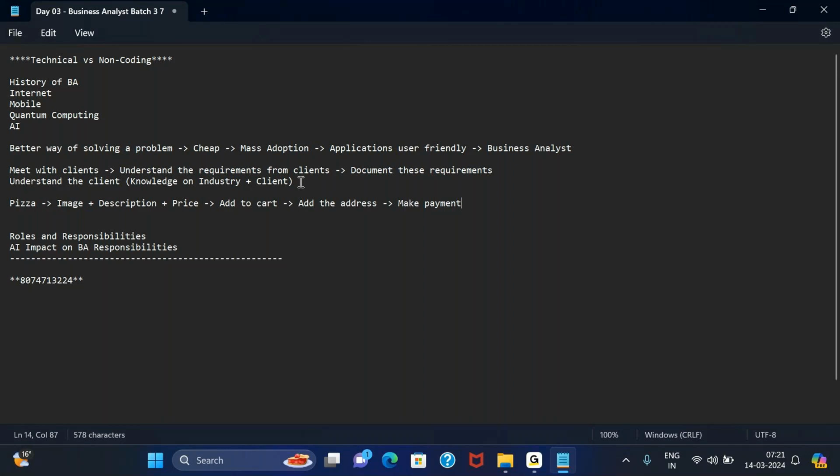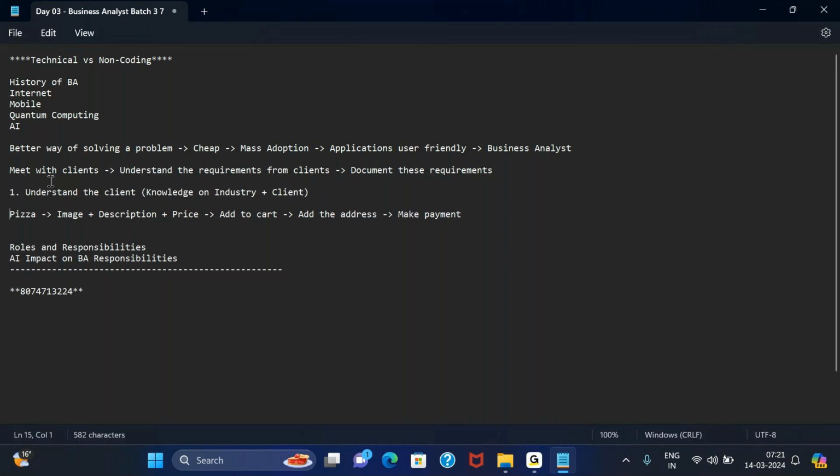Once the payment is done, I will confirm the order. Once the order is confirmed, then you worry about delivering the order. As a business analyst, that will come into the second stage.